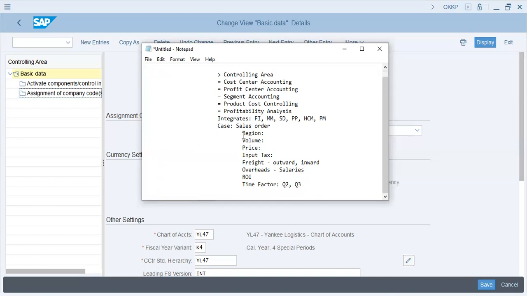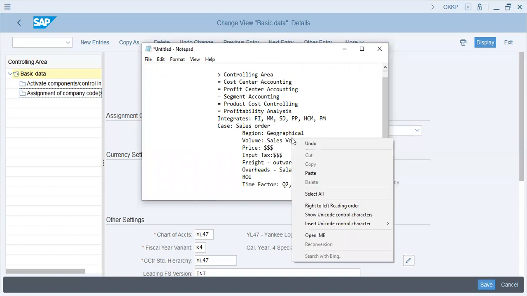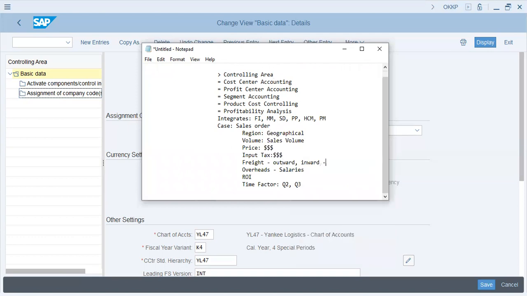Okay, so region can be geographical, volume, sales volume, price, whatever the price, input tax, yes, freight that you have paid on each sale, overhead salaries, fixed salaries. ROI, yes, I need an ROI, I need to know time factor. So this actually becomes one dimensional is geographical. You pick up a city or any region,